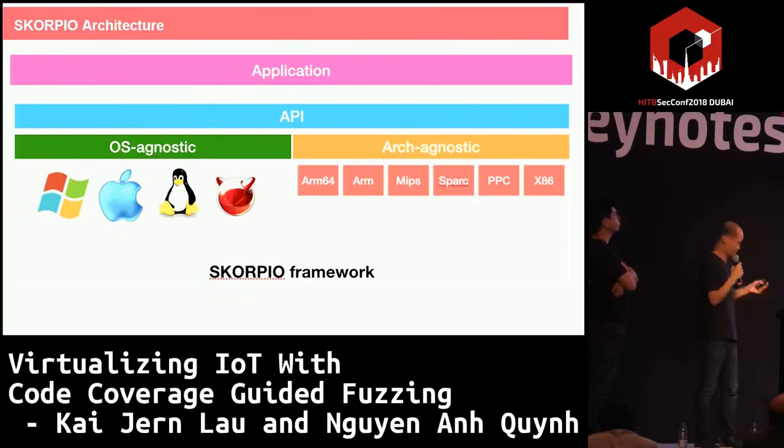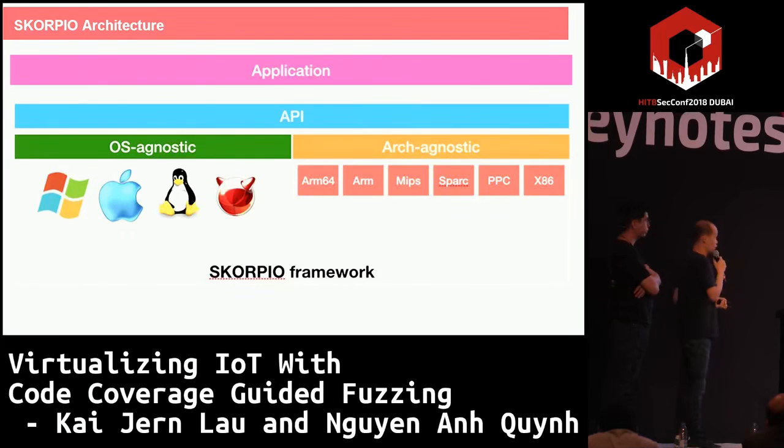Yeah, so here's a very high level overview of how Scorpio is built. On top of Scorpio, you build your own instrumentation, and it provides an API for you to build your instrumentation tool on top of Scorpio. And we support many operating systems and many CPUs by